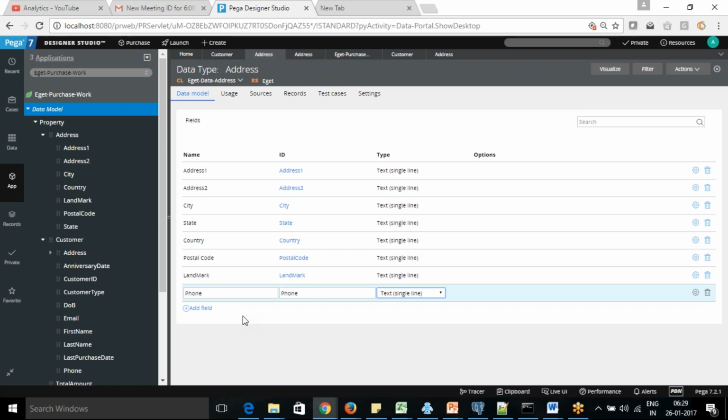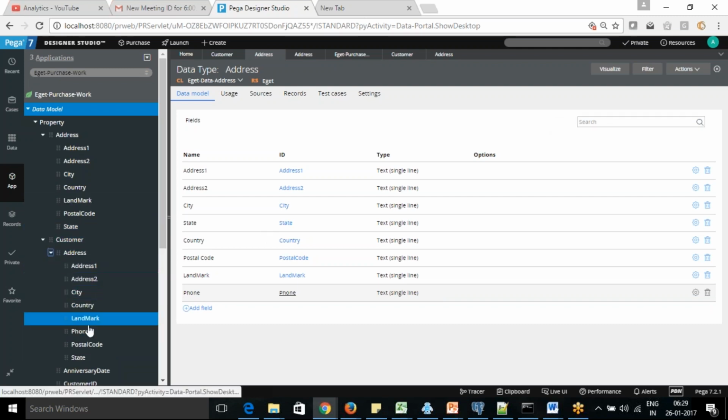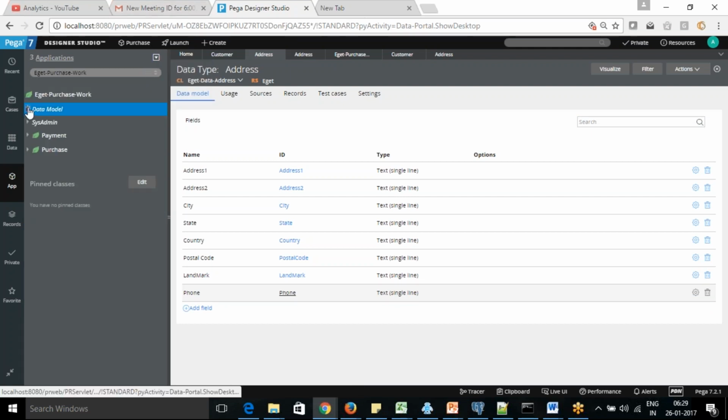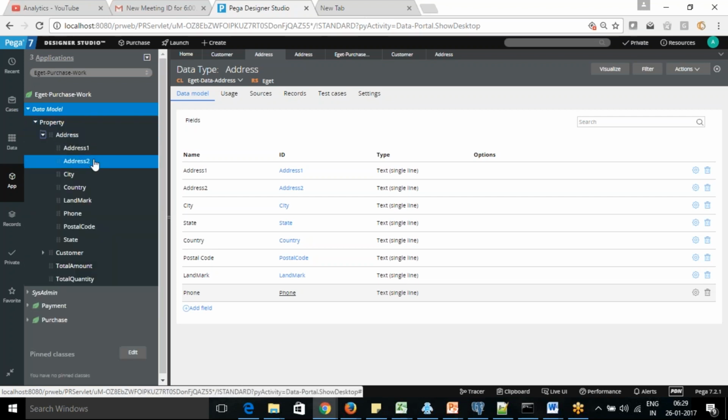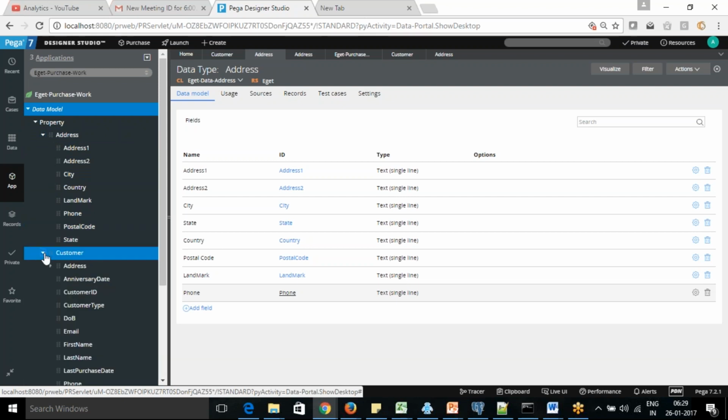So we add the phone number here, and now it will be added in both places. You can see the phone number in the page group, and the same structure will be available within the customer as well.